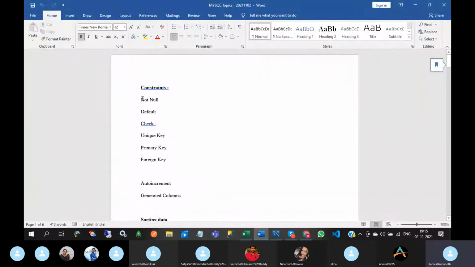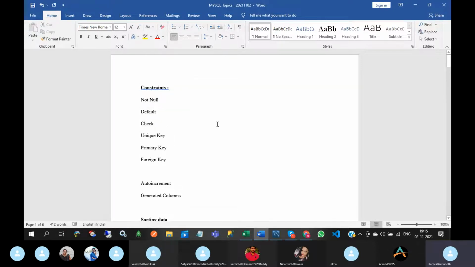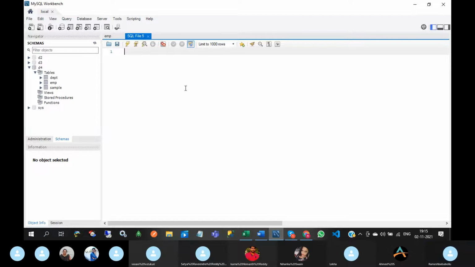These are the constraints available in MySQL: not null, default, check, unique key, primary key, foreign key. We will see one by one. First one is not null.